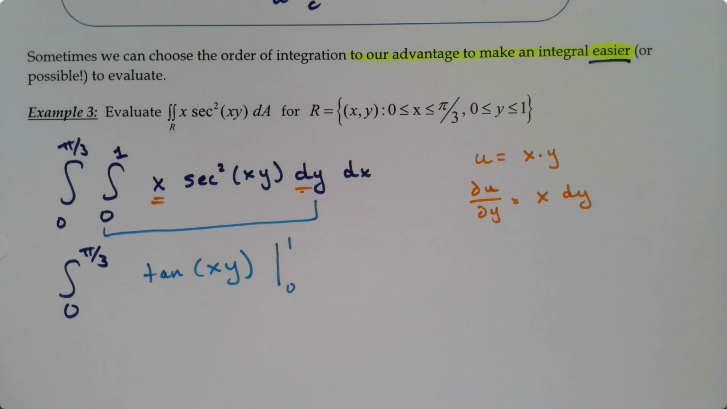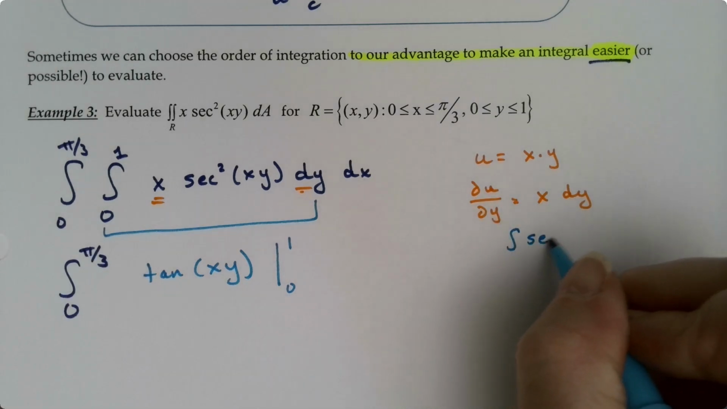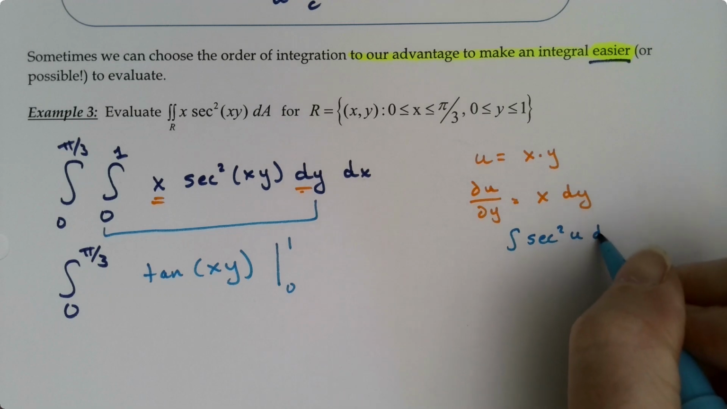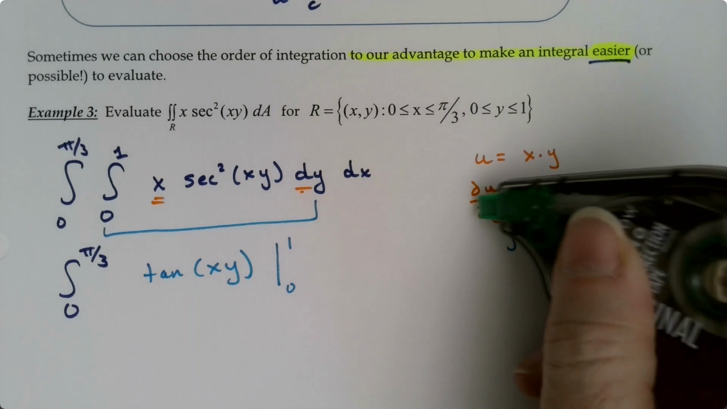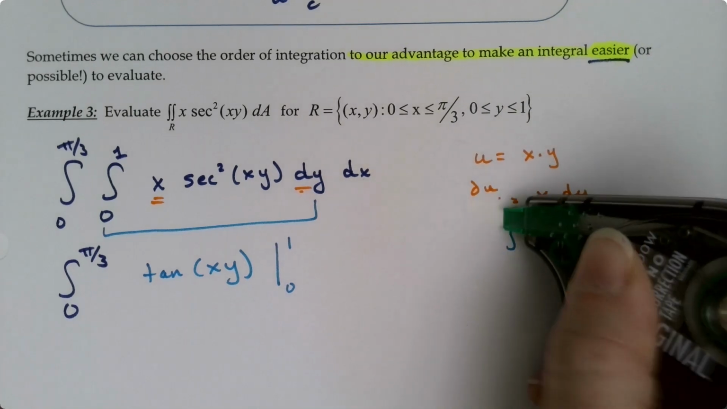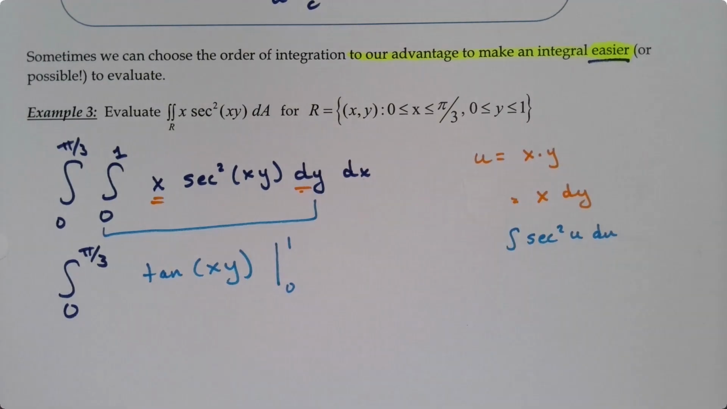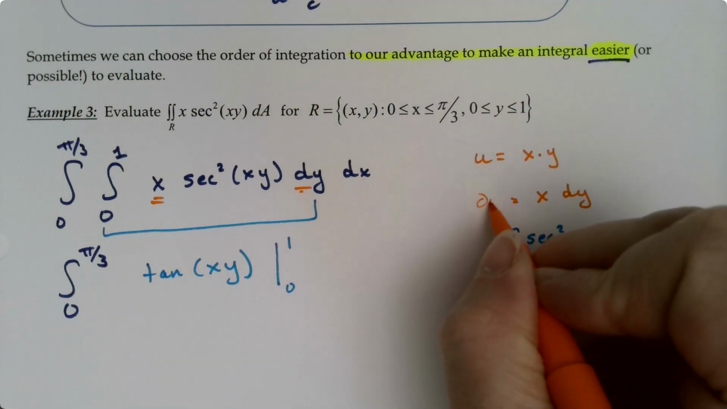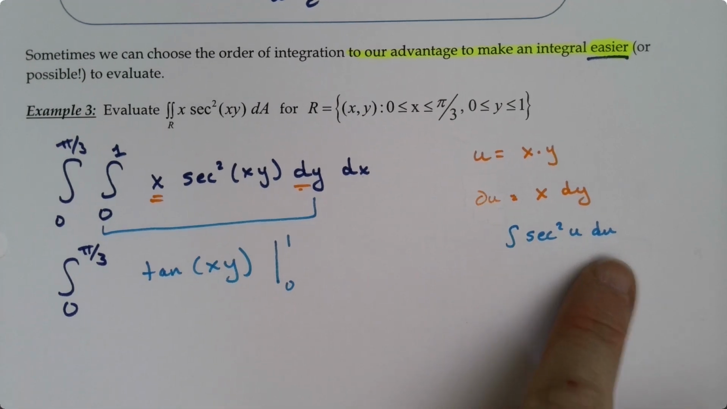So if you will, what I'm really doing, if you want to think of it this way, is the integral of secant squared of u du. Oh, sorry. I kind of fudged two things together there. It's really the partial with respect to y of u is equal to x. I was doing the derivative and then you multiply by the differential. Sorry about that. All right, so the integral of secant squared of u du is tangent of u,